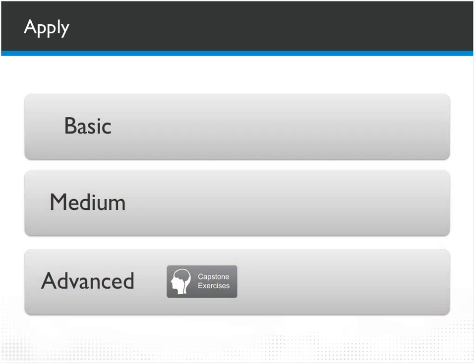When it comes to apply, there's really only one. This is the capstone exercise. Typically what you would see in a capstone exercise would be a lot like an OJT, but there'd be an assessment portion to it. So think there might be a rubric that allows the supervisor or the manager to be able to assess the learner and make sure that they're completing things properly, and make sure that there's repeatability across